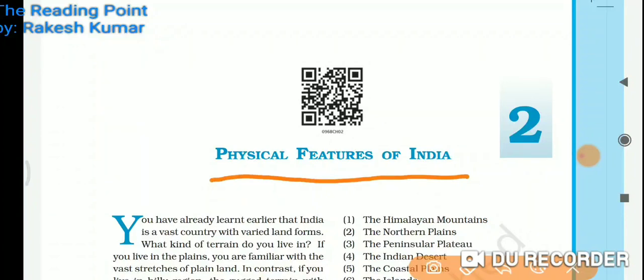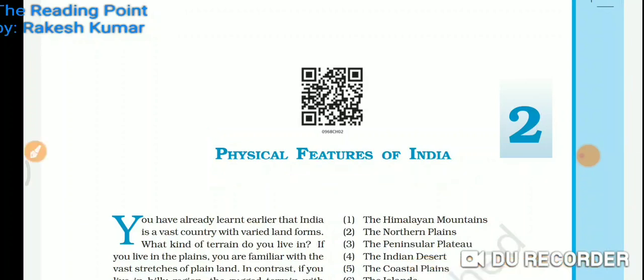We know India, Pakistan, Nepal, Bhutan and Bangladesh are separated from the rest of Asia by the Himalayan mountain range. This region is called the Indian subcontinent. A subcontinent is a big geographical unit which stands out distinctly from the rest of the continent.